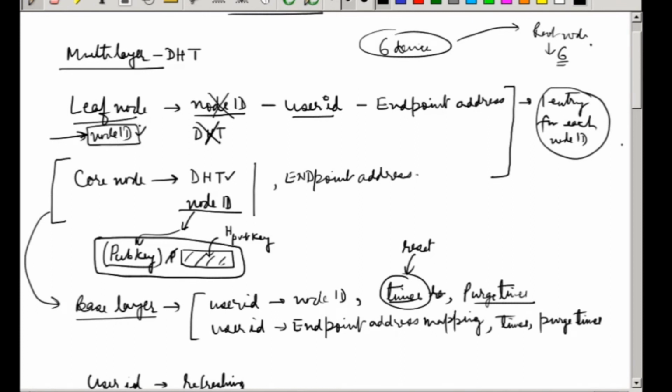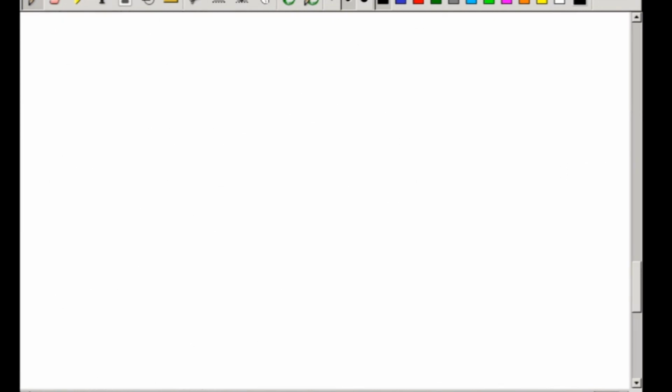So ideally speaking, everybody should participate in the core node, and of course participate in the base layer DHT. Finally, in case a leaf node is going to use a node ID, then it can maintain a routing table in an optimum way. Otherwise, it need not maintain one. Normally, if a node ID is maintained, the problem is that duplication can happen.